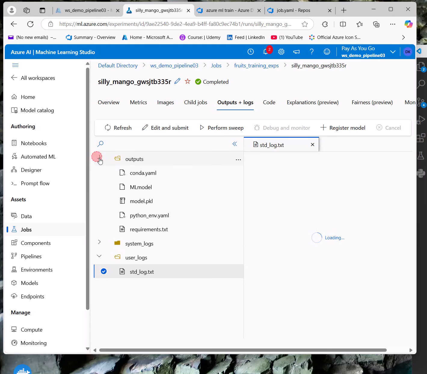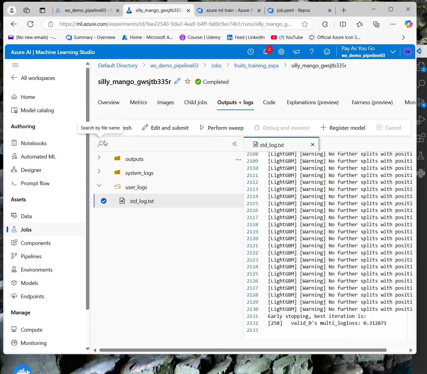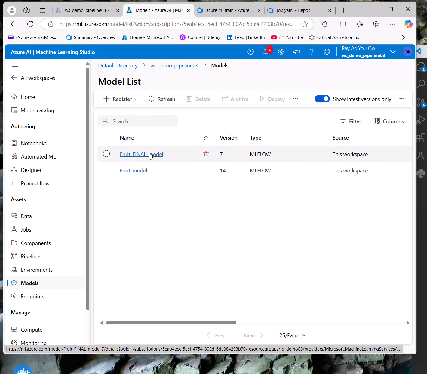Our output is this one here, our model. As I said, if the job is completed without any issue, the model will also be registered in the models here, and you can see final fruit final model.